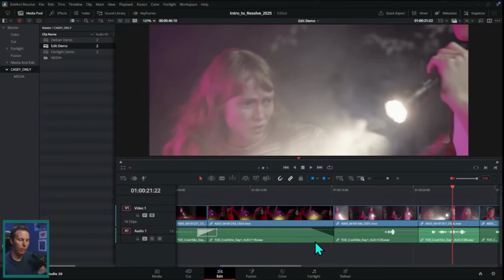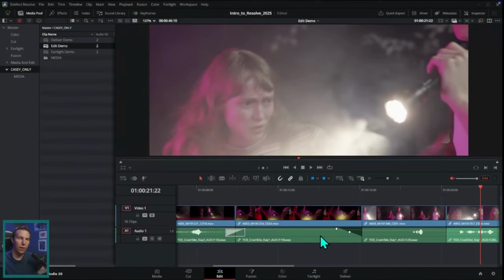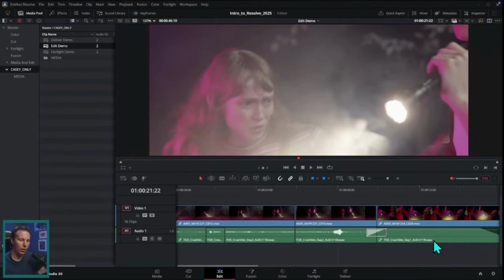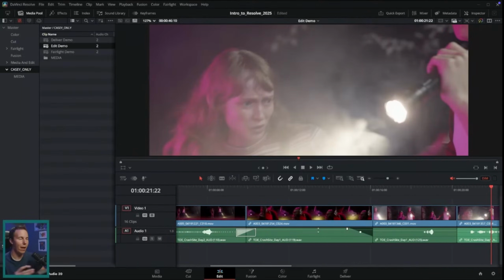By the way, a great way to move up and down the timeline when you're zoomed in is to click and hold the middle button on your mouse and drag. And what that will do is let you kind of grab this timeline and move it back and forth. And that actually works for just about everything in Resolve. I can move this